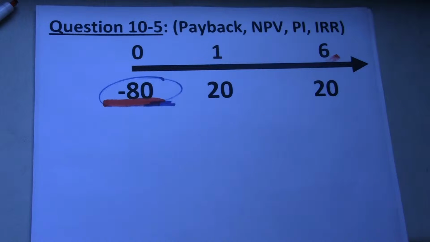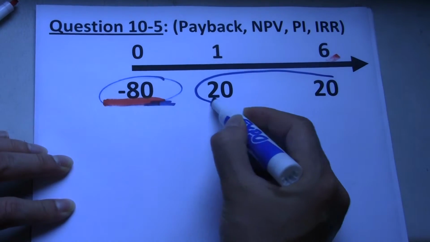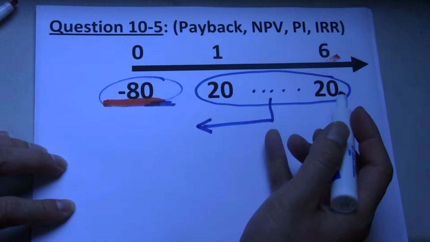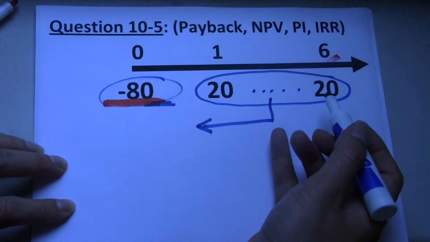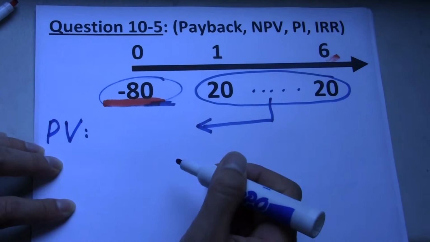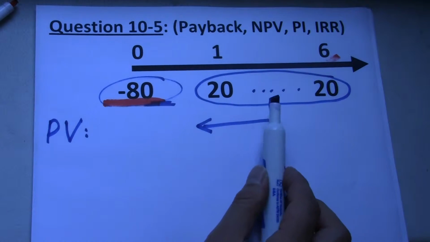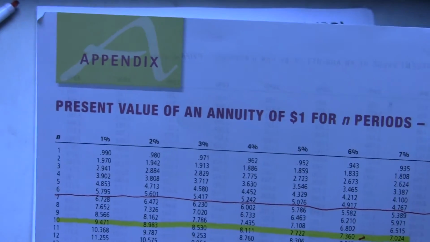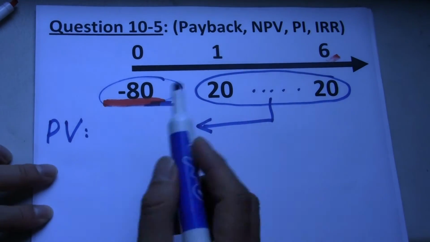Now in part B, we have to calculate the NPV. Like in question 10.4, in the first step we have to calculate the present value of all future free cash flow, which is an annuity for 6 years, and the payment is 20,000. So the PV in this case equals the payment times the present value factor for that annuity. You open the present value of an annuity table, and you look at the row for 6 years,